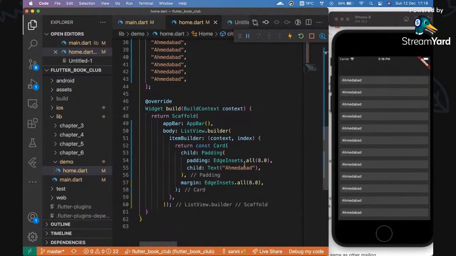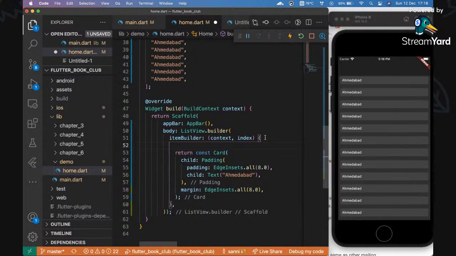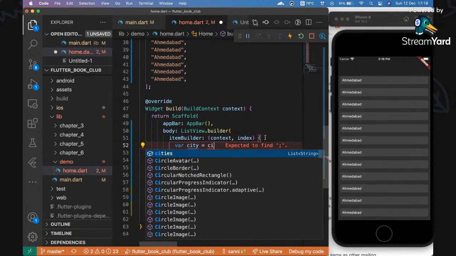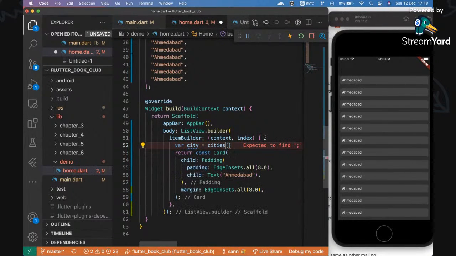in the list view. So to do that, we can first of all find out which item we want to refer to. So where item is equal to, or say the city is equal to, from the cities list, let's take the index, the item that is the city name that is there on the index of this list. So now we can just use city instead of